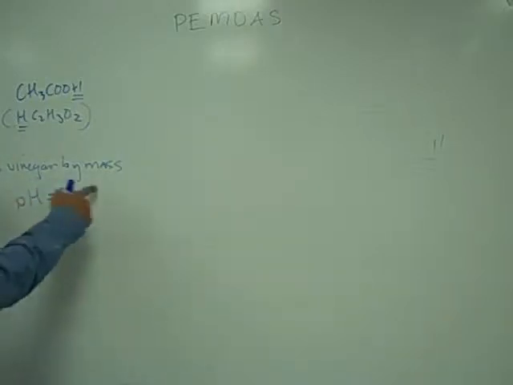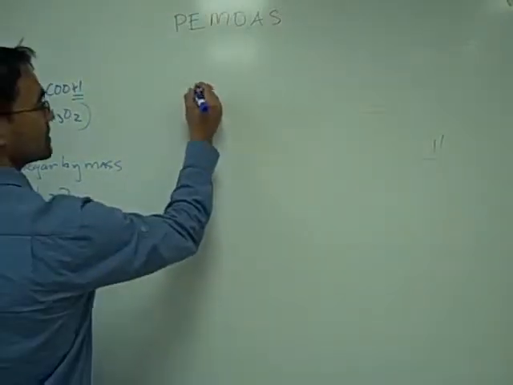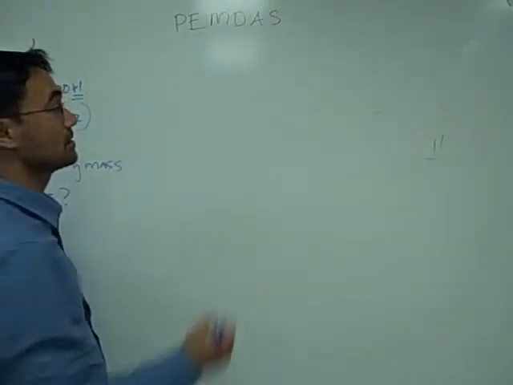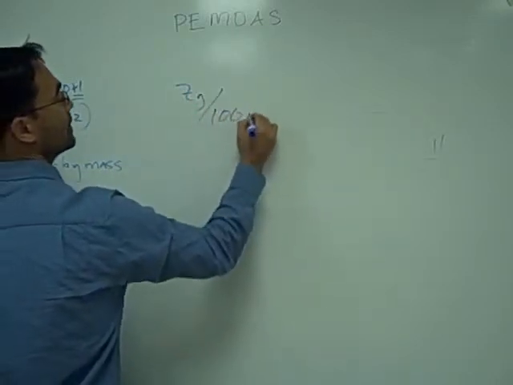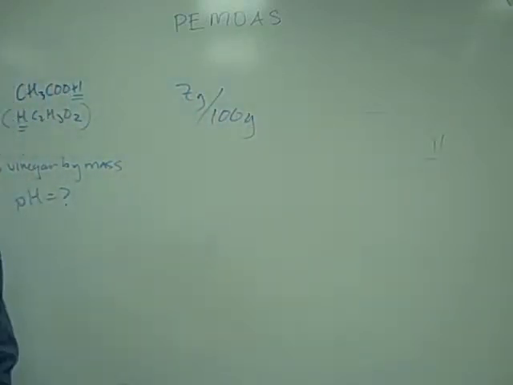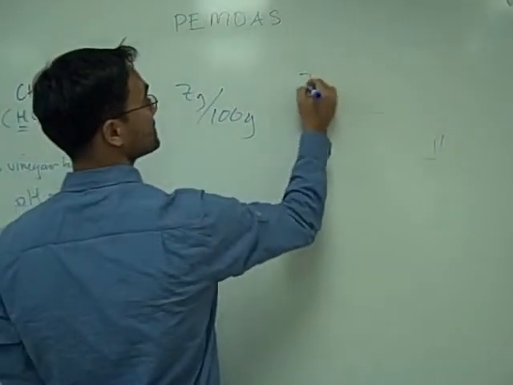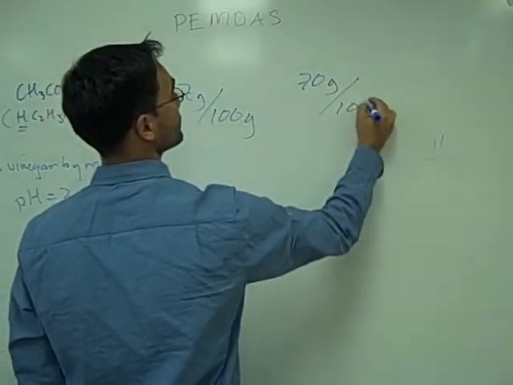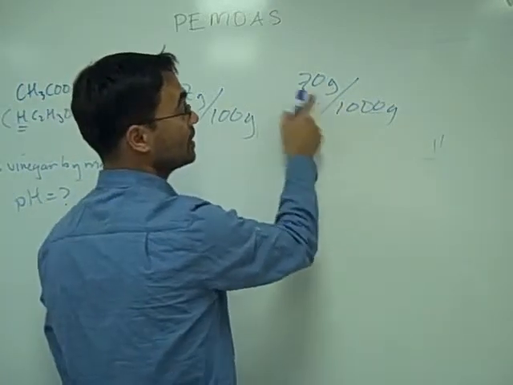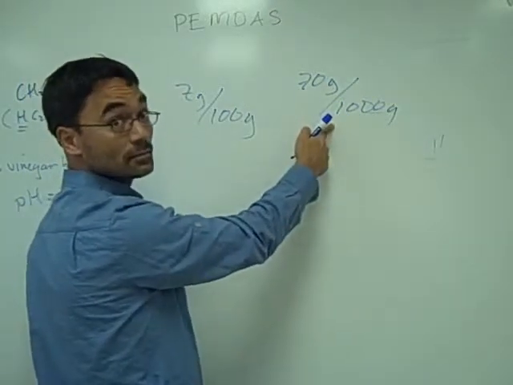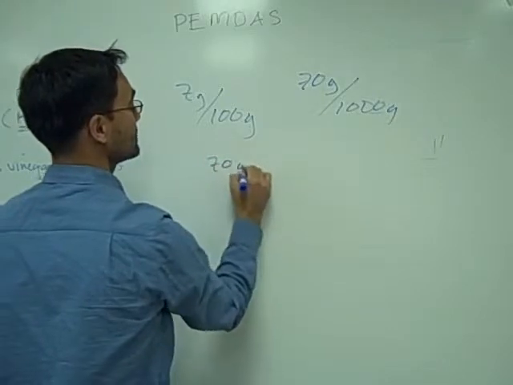So I'm going to take this 7% vinegar by mass, and I'm just going to assume a certain minimum mass of solution. If I had 7 grams to 100 grams, that would be my 7% by mass. We can also think of that as 70 grams per 1,000 grams of solution, which is a nice simple conversion to get us into molarity, because we know 70 grams of acetic acid